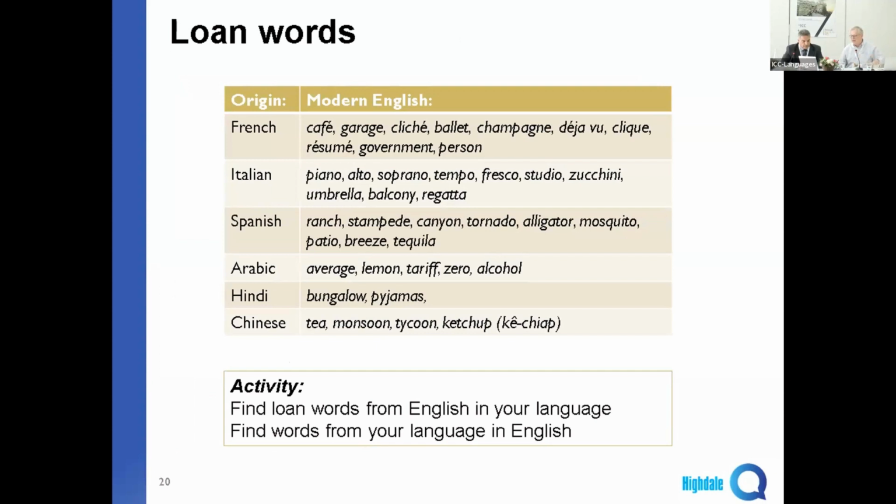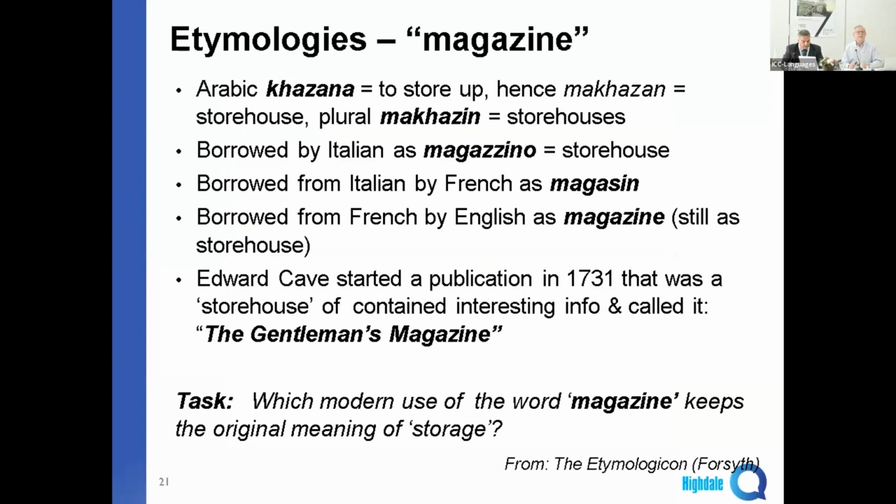I won't read them all out, but this leads to great activities. Get the students to try to work out which word comes from which language, get them to research a little bit what words English has taken from their own language, which they might find interesting. They may know that already, or they will certainly find it interesting. And get them to look at individual etymologies. This is a story in itself.